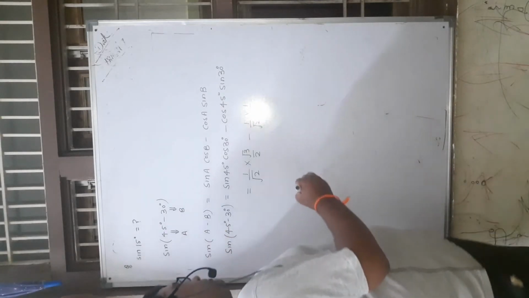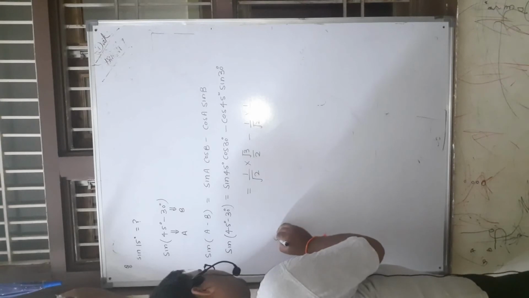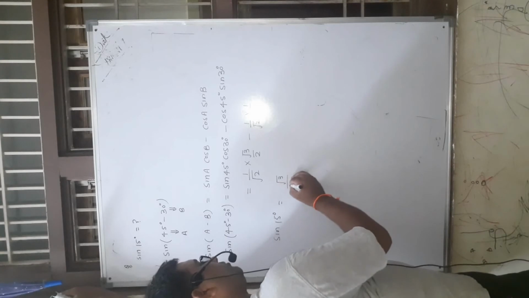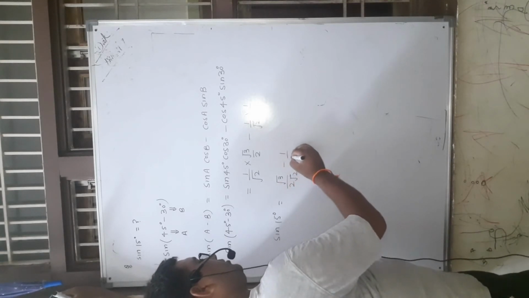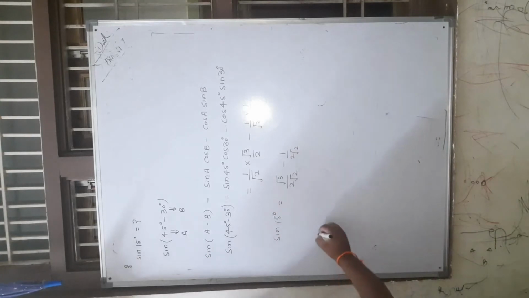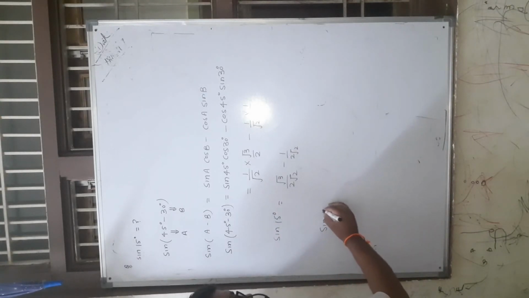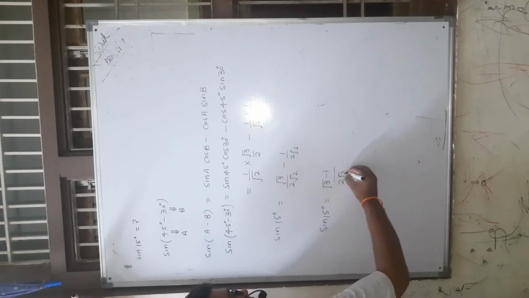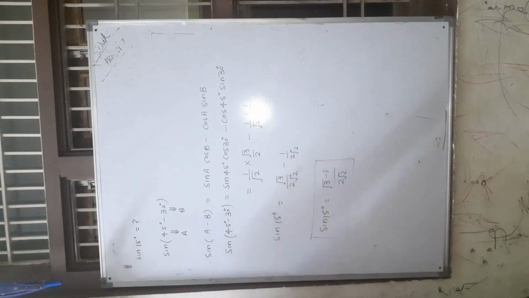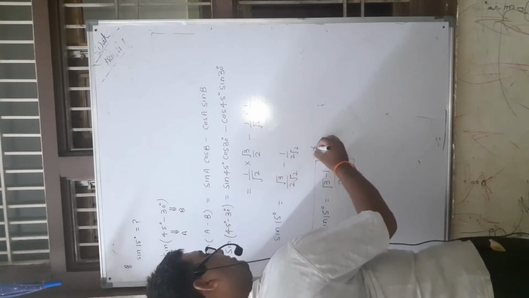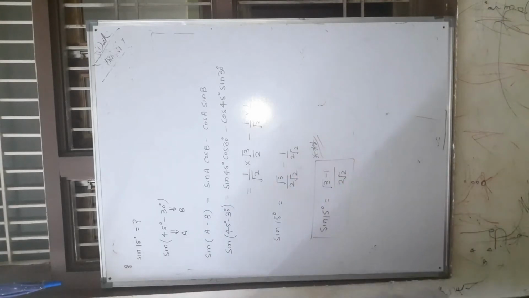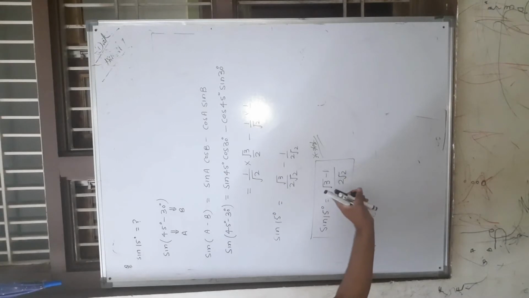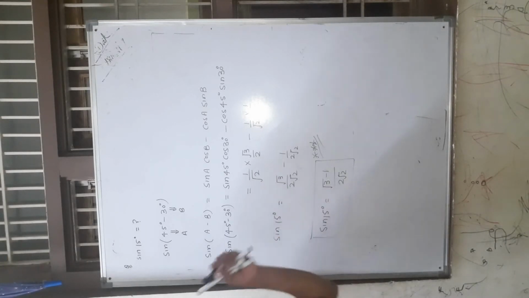1 by 2. So guys, sine 45 minus 30 degree, equal to sine 15 degree, is equal to root 3 upon 2 root 2 minus 1 upon 2 root 2. So guys, the value of sine 15 degree is equal to root 3 minus 1 divided by 2 root 2. Remember this value also for solving difficult problems in physics. So what will be the value of sine 15 degree? Sine 15 degree is equal to root 3 minus 1 divided by 2 root 2.